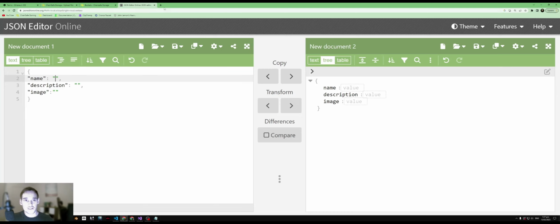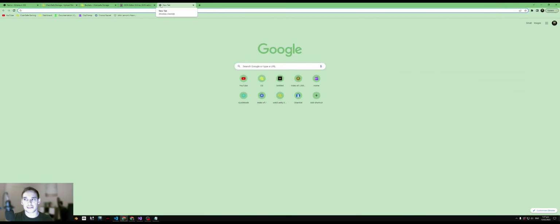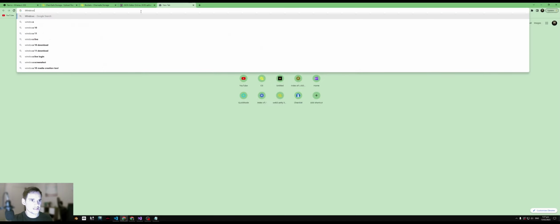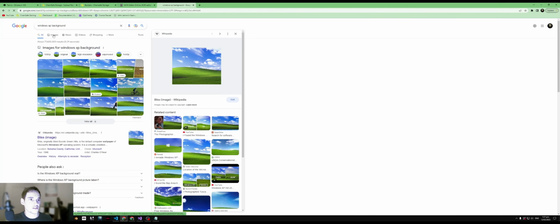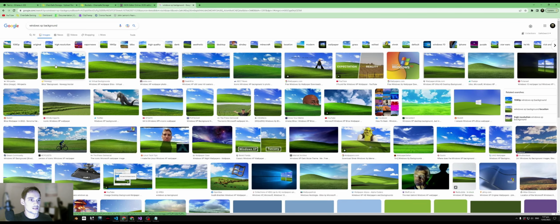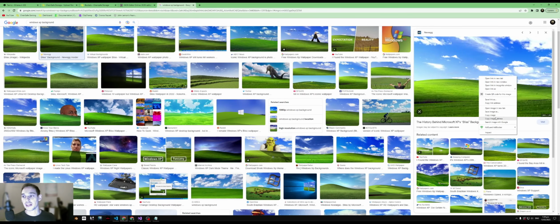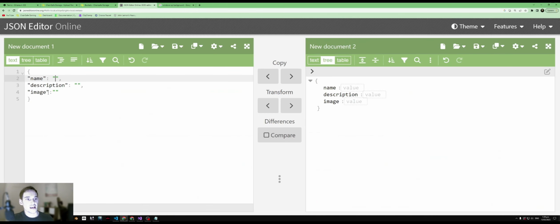What we can do is either download a skin, or we can just reference a skin URL from a Google image or whatever and add that as a skin. So for now, let's try something silly. Let's try the Windows XP background. Let's go into images. We'll make sure we get a decent image. We can copy the image address, and we can go to the JSON editor, and under the image here,